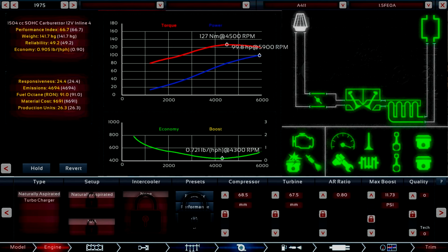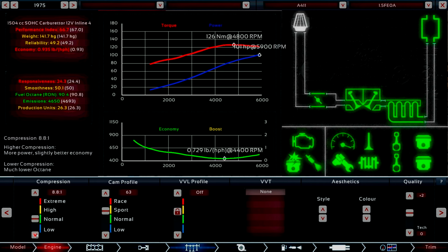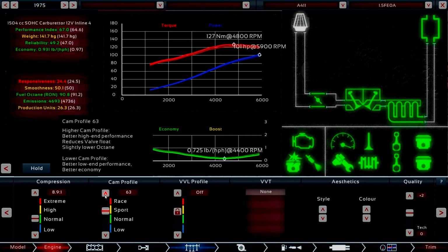Can I squeak a little bit more out of... Let's see, cam profile. If I sporty up the cam profile a little bit. There we go, so we've got ourselves 90. If I kill this a little bit... We don't need that big of an engine, right? We don't really need that big of an engine. All right, the CVCC engine, which is kind of what we're competing with, was 53 horsepower, all right? So we don't need all of that compression. Well, the problem is if we drop compression, we start dropping efficiency in there too. So if I...